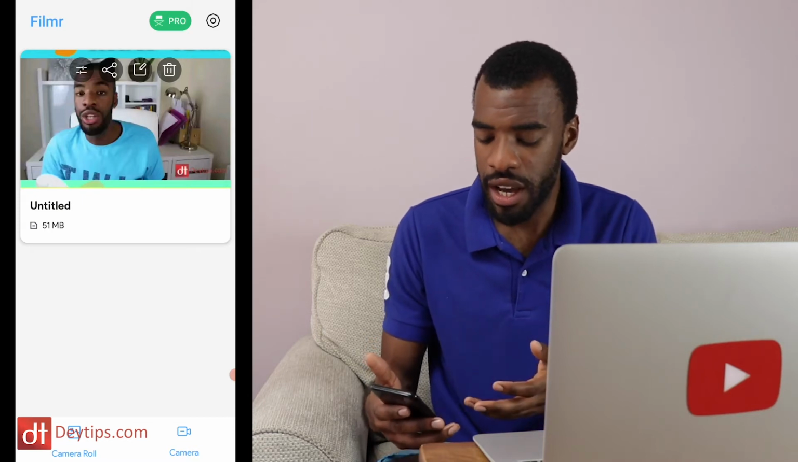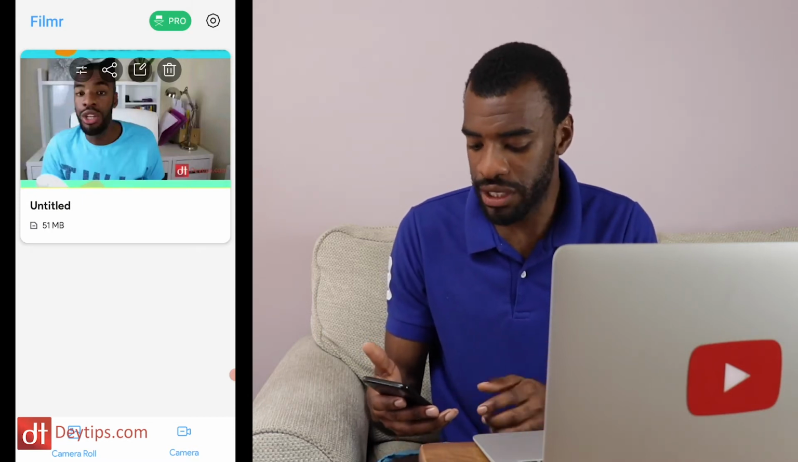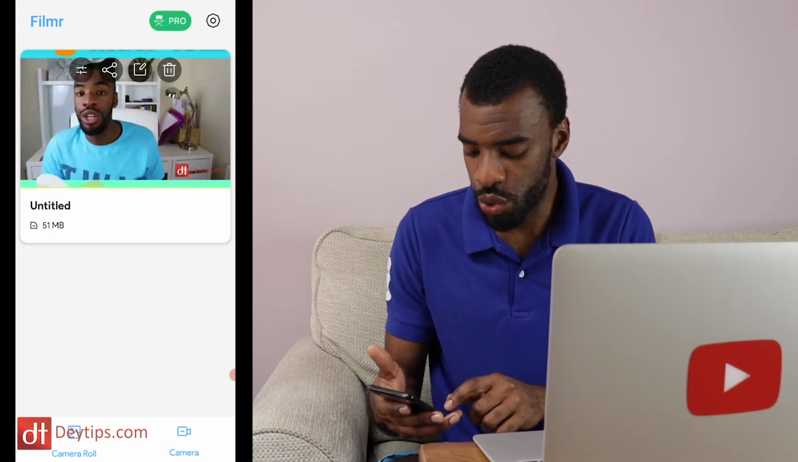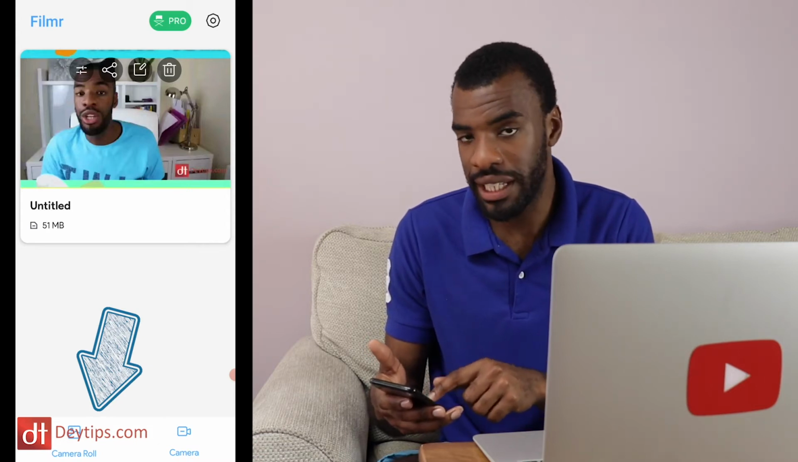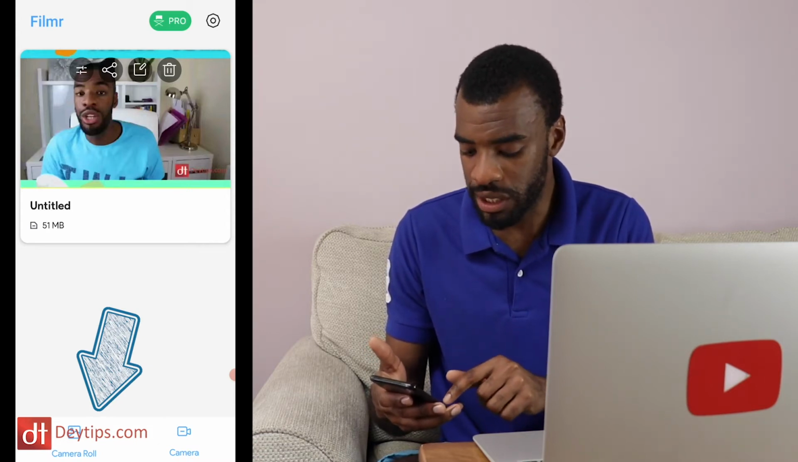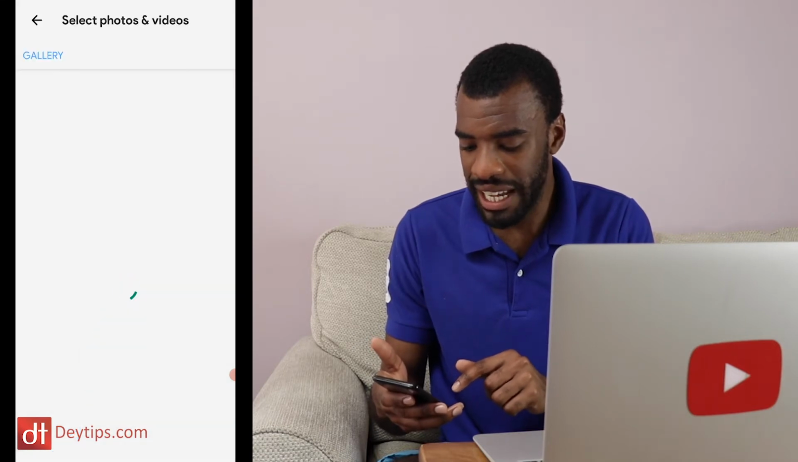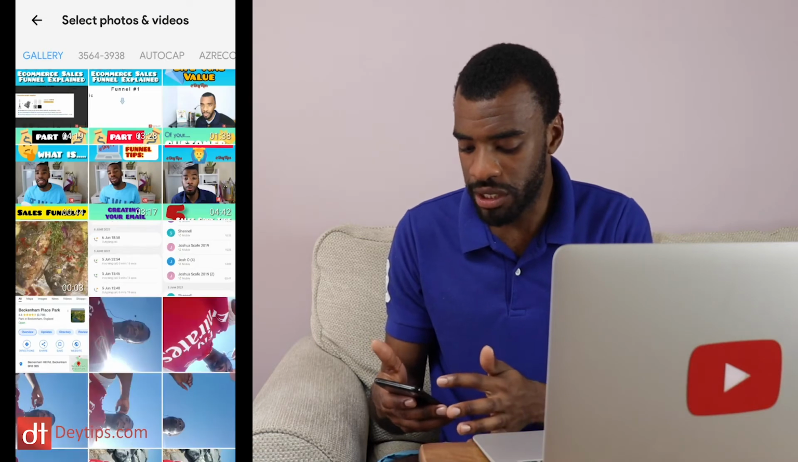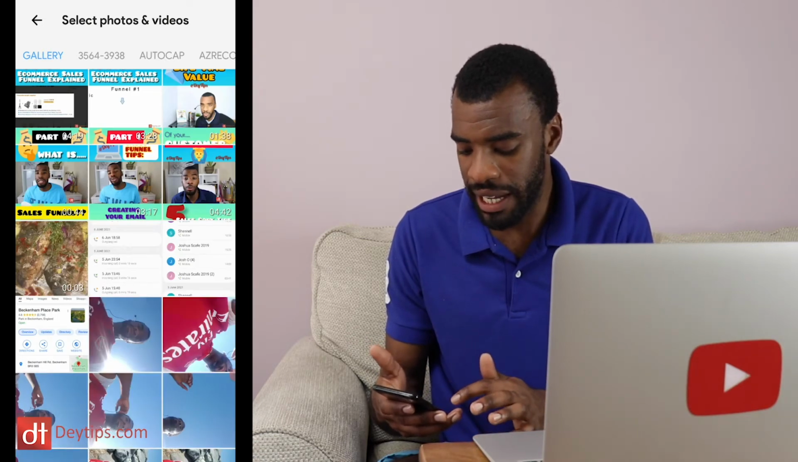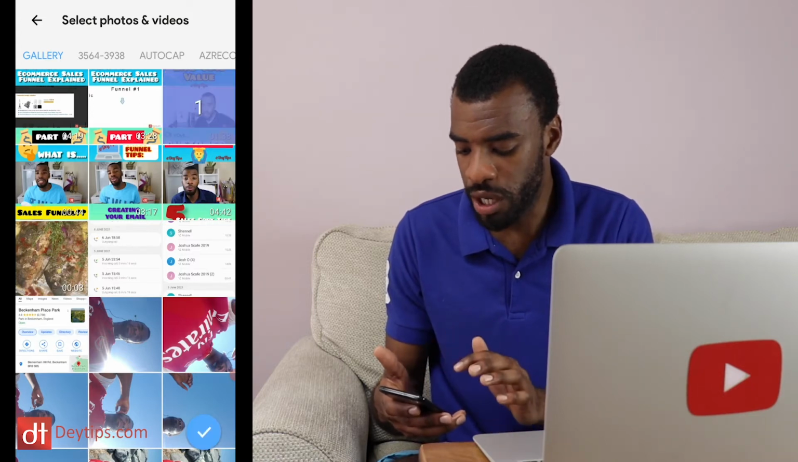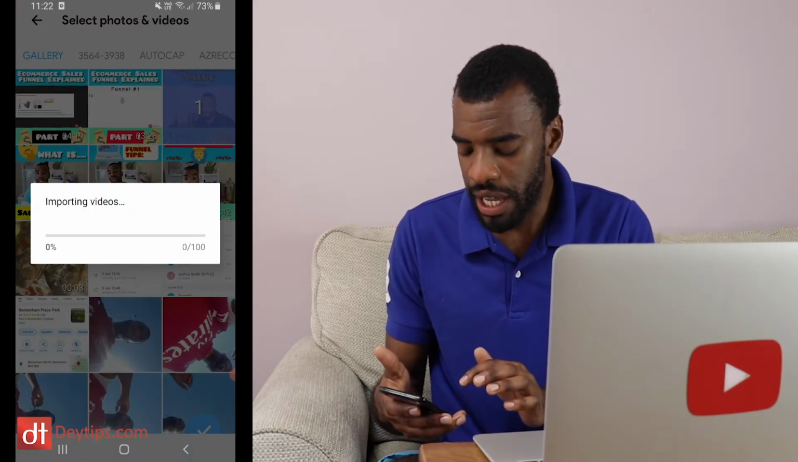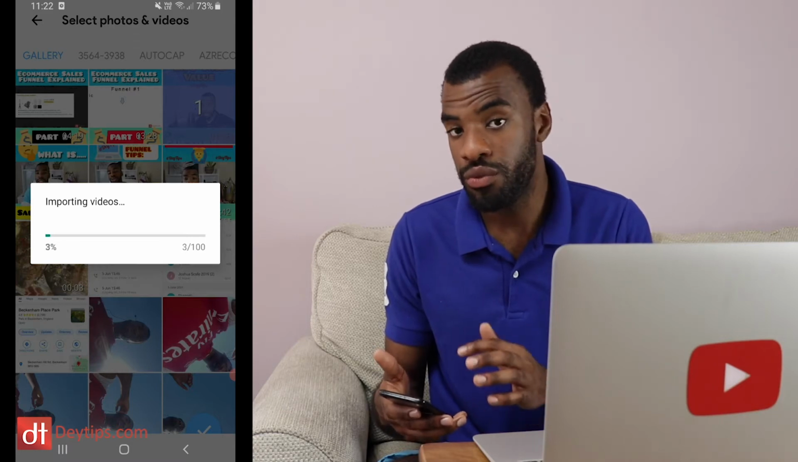So as you can see, this is what the app looks like, and you can actually choose from your camera roll or you can choose camera, so I can record a video straight into Filmr. But I'm going to go into camera roll, and if I select that, then it will take me into where all of my images are. So I've got a few videos here that I can actually utilize. So I can select one. Let me select this one, for example, and click on that, and it will import that video for me into